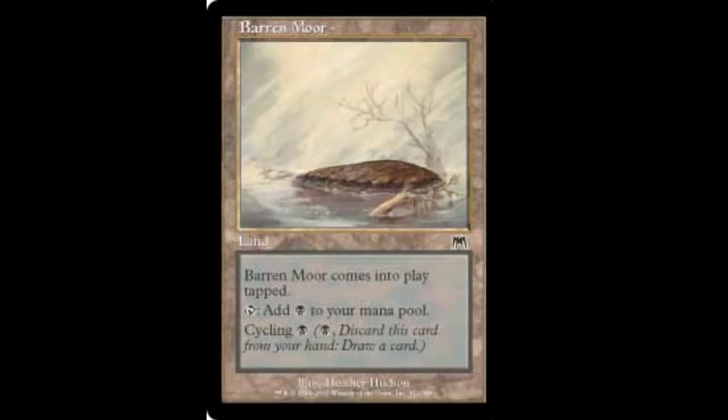There's a cycle of 5 cycling lands. I didn't want to say cycle too many times, but these cycle for a specific color, not like the Urza Block ones that cycled for 2 generic. These cycle for whatever color they produce. They do come into play tapped, and there's 5 of them. I picked this one because it was first alphabetically, but